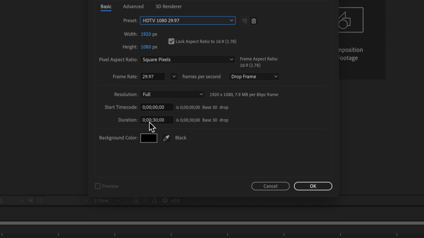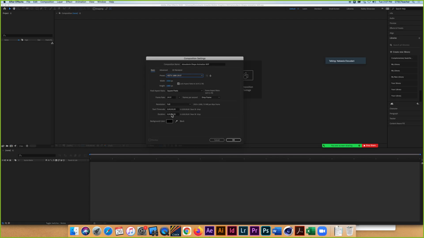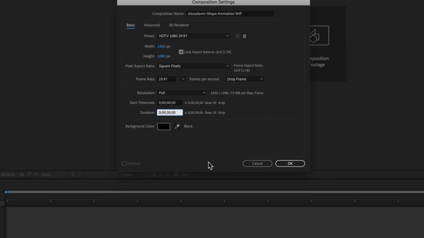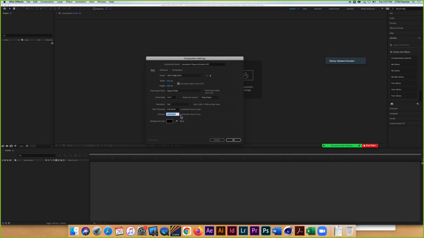How about the next number over is how many? Hours, that's right. So if I wanted a longer duration for my timeline, I could just highlight this number, and I don't have to type in the punctuation because it will automatically do that for me. But what I need to do is put placeholders. So let's say I wanted this to be 1 minute and 15 seconds and 5 frames. For whatever reason, I wanted to be that specific. Then I would type 1, 15 for 15, and 05 for frames. And look, see on